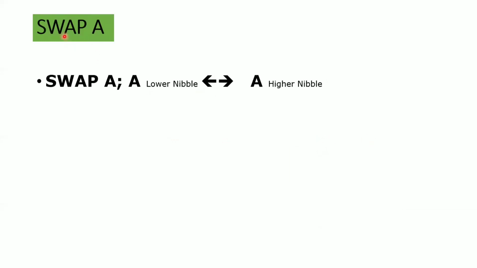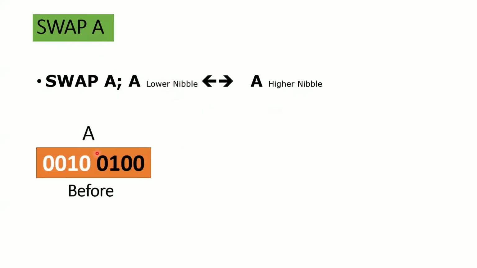The next one is the swap operation. You know swap, right? Generally, swap is different here. Exchange is different with regard to the 8051 microcontroller. Exchange means whenever you want to exchange two values from one register to another register, we use the exchange instruction. But here what we are doing is swap. Whenever you want to do any swap operation, you need to use the A register only. When you use the instruction SWAP A, the lower nibble of A is exchanged with the higher nibble.